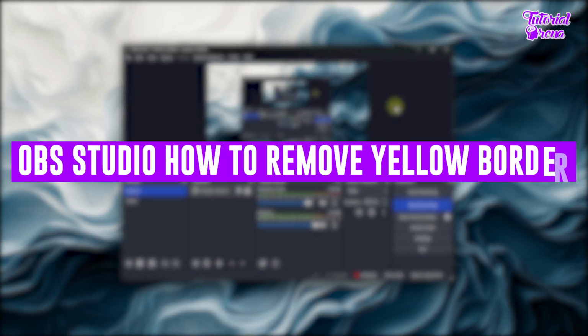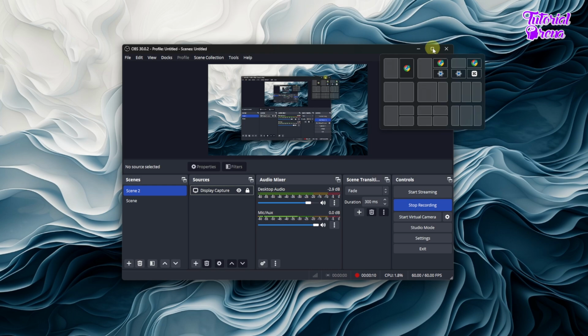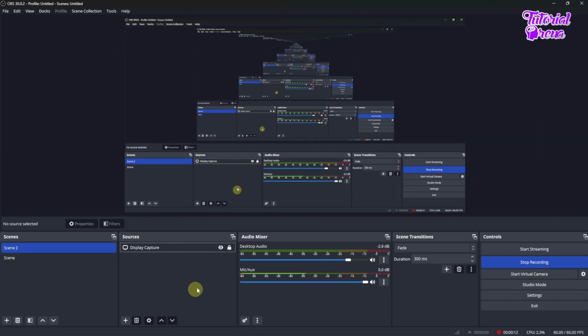How to remove yellow border in OBS Studio. Hi guys, in this video I will show you exactly that. So let's get started. Alright, first of all, what you need to do, you need to first unlock this video